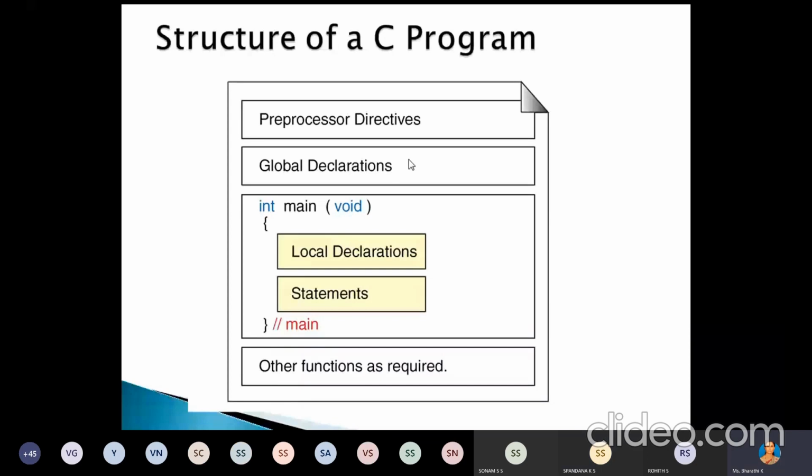Math.h. Now, what is the use of that stdio.h header file? It's for standard input-output operations. What is the use of that standard input-output header file? Why are we including that header file in our program? The printf and scanf functions are stored there.